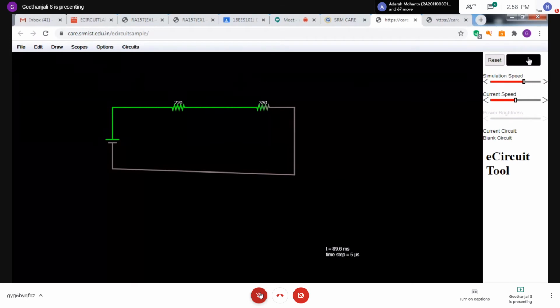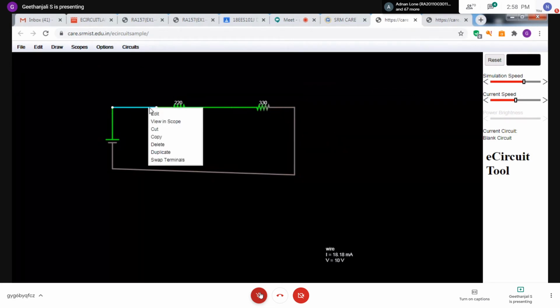And after stopping the circuit, I want to know the current flowing through this branch and this branch. What you have to do? You click on it. Click on it.